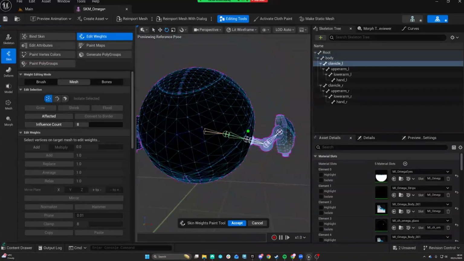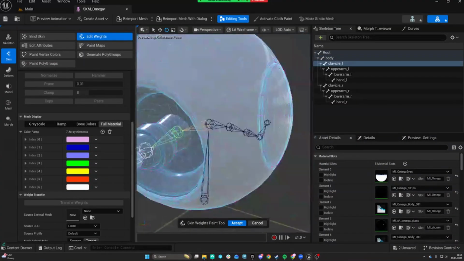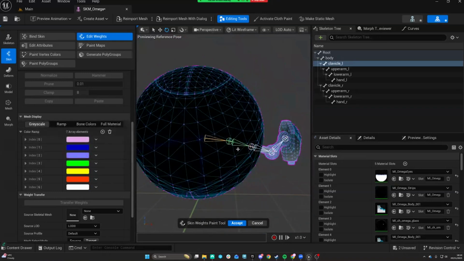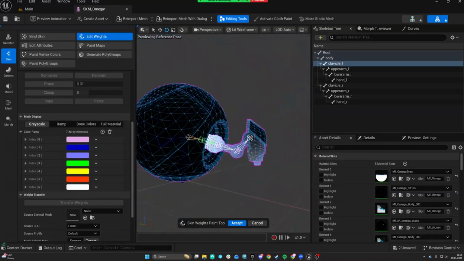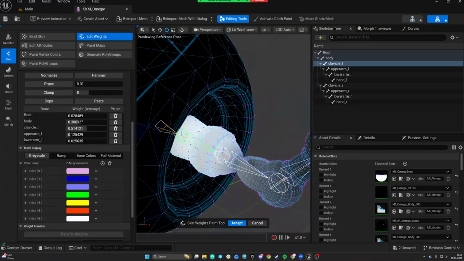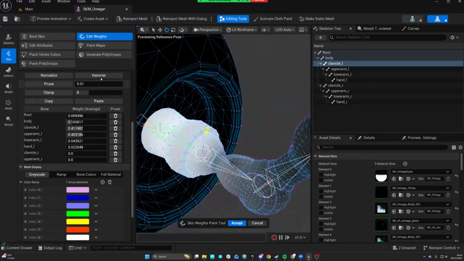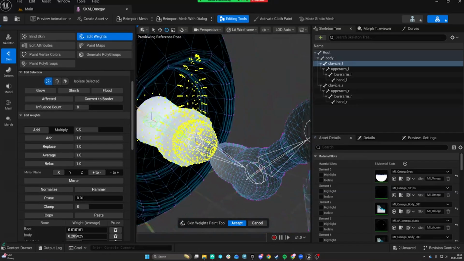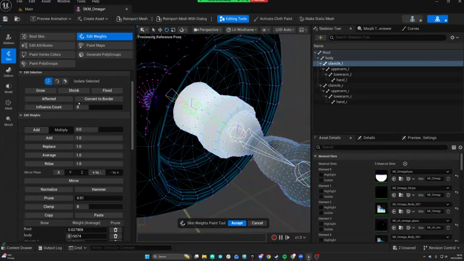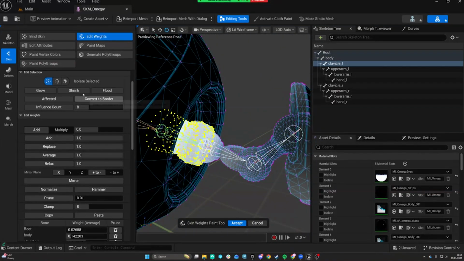Next, I'm going to go to the left clavicle. And I'm quickly going to change my mode here to full material, to make sure that I'm looking at the right side, because it's quite easy to go over to this side while it's on grayscale and mess up. So yeah, we're on the right side here. And for the clavicle, basically I want to select this guy here. Make sure we're getting some of these. And down here, get some of those. And let me flood those. Definitely selected more than I wanted, so let's go ahead and be a little bit more conservative. Flood. Okay, so that's pretty good for the clavicle. So with the clavicle selected there, I'm just going to flood